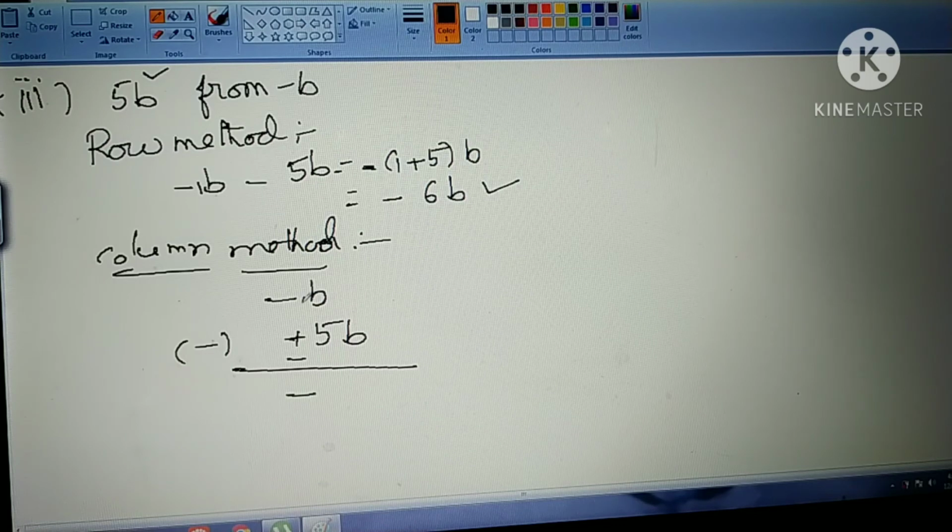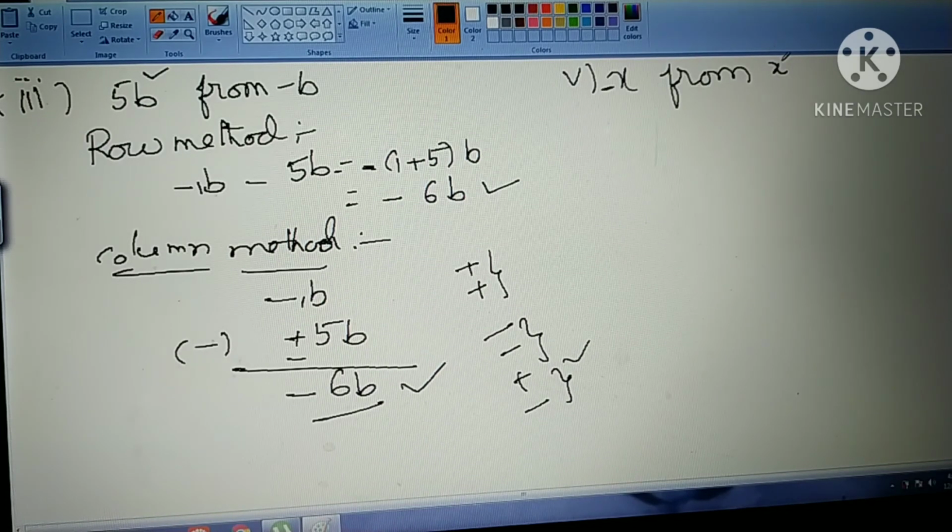The same algebraic expression, bigger number sign, you will get 5 plus 1. So nothing here means 1 into b. 5, 1, same signs you can add. Either both plus, you can add. Both minus, you can add. If you have one plus, one minus, take the bigger number sign, and then you have to do either addition or subtraction. Here we have both minus signs, so you can directly add this one, 5b plus b, 6b, like that. Understood?